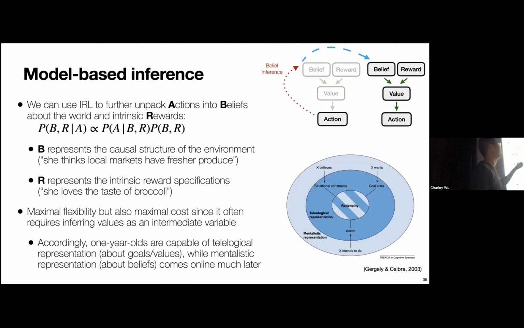And so this type of model-based inference is the most flexible in terms of how we can apply this to our own settings. Seeing people perform behaviors that maybe are not relevant for us could still inform us how to behave. For instance, if you see someone running for the bus, maybe we're not trying to catch the same bus, but it can inform us something about how we should also behave in the world because we learn something about the structure. And this allows us to have maximal flexibility in applying it to our own context, based on our own goals, based on our own settings, and based on our own abilities as well. Right? Sometimes we observe people, professional athletes, doing things that we should definitely not imitate directly, but we can nevertheless